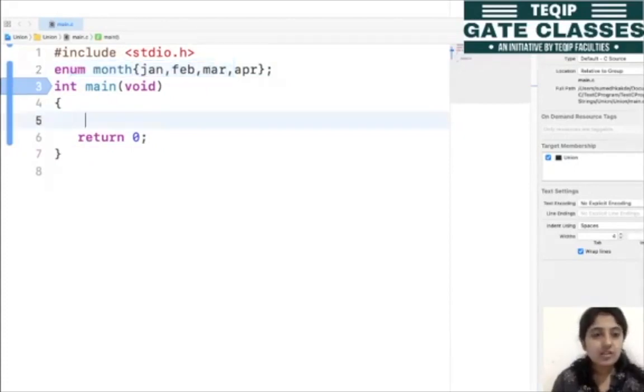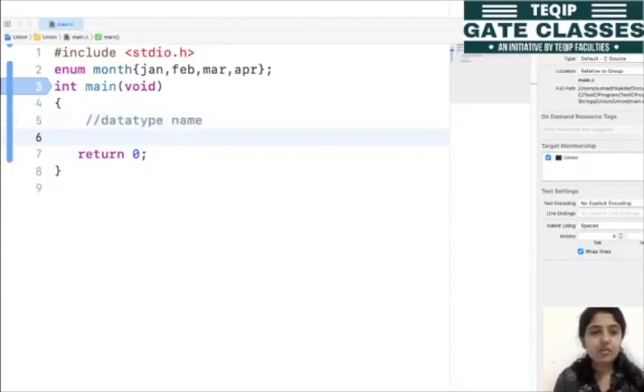Okay, so let's see how we can create the enum variable. In order to create a variable, we know that we have to mention the data type. The syntax is that we mention the data type and the name of that variable.